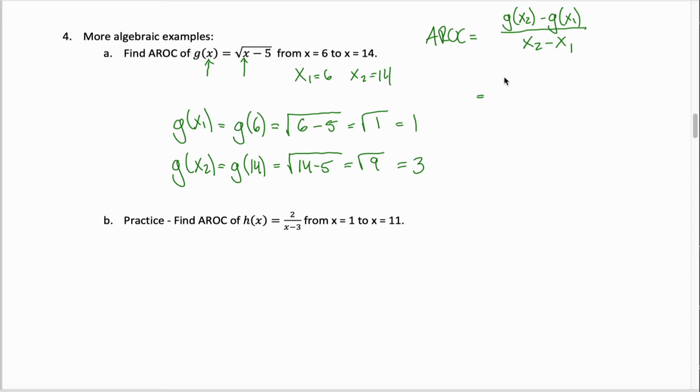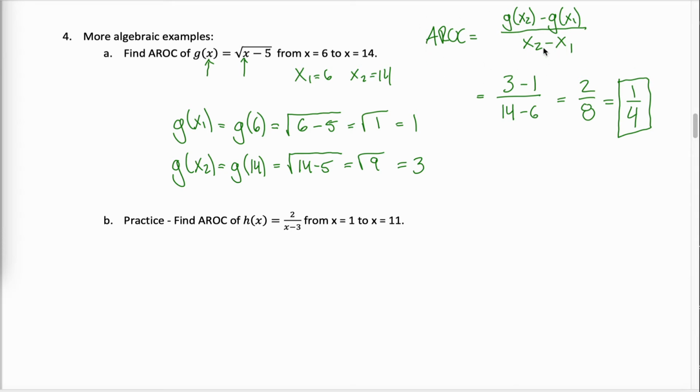g of x2 is 3, g of x1 is 1, and then I want to divide that by x2, which is 14, and x1, which is 6. 3 minus 1 is 2, 14 minus 6 is 8, 2 divided by 8 is a quarter. The average rate of change of this function g from x equals 6 to x equals 14 is just a quarter. That's it. Really all we're doing on every one of these examples is reusing this formula right here,